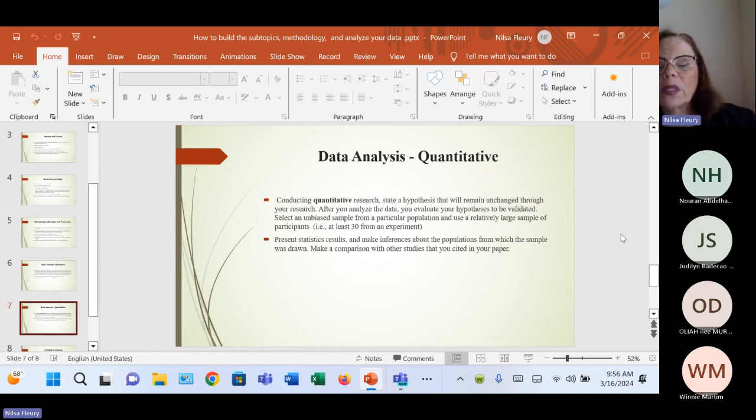Quantitative, you have the hypothesis. My hypothesis is something that I think that I can change through my research. This is what you think. This is your hypothesis. You analyze the data that you have. You evaluate this data based on your hypothesis, and select an unbiased sample from a particular population. Like you have a large group of people talking about this, but you simplify for your experiment, for your research, for your paper. Everything needs to be smaller here,